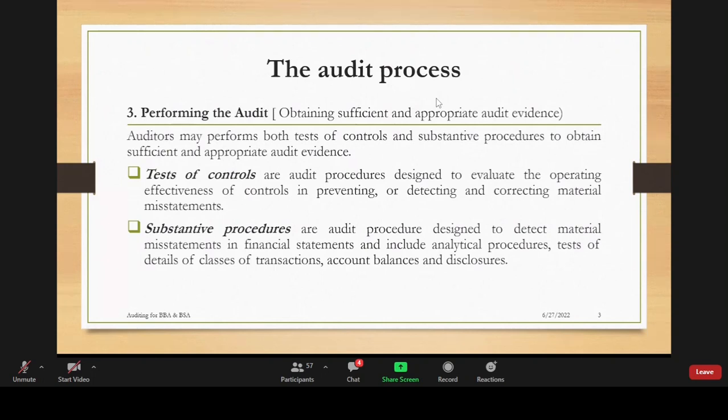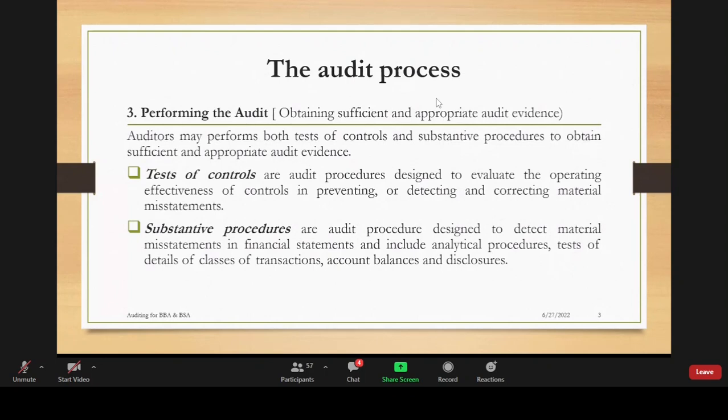It is recommended that a bank reconciliation should be done on a monthly basis, 15 days after the previous month. Because when you do that, it means that any misstatements, any errors can be corrected in the following month. So there are some people who have controls, but these controls are not working. They're just on paper, but they are not working. They are not designed to actually detect or prevent material misstatement.